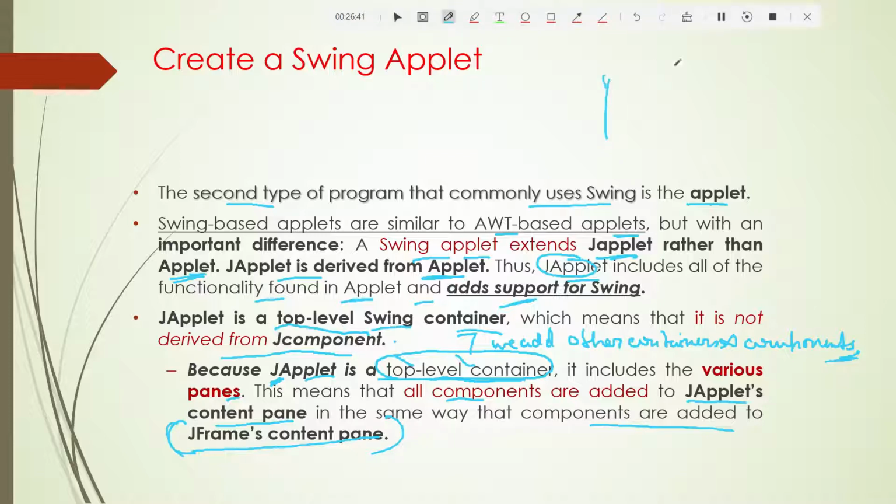Applet also will create a window for you. Inside that you can add things like buttons or anything. Say this is an applet window.